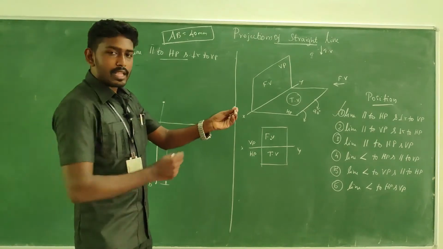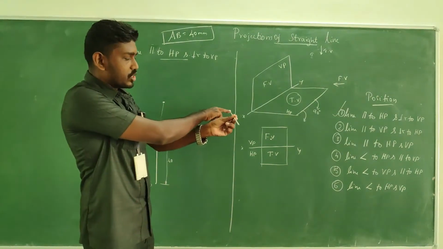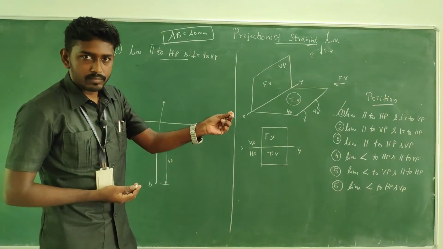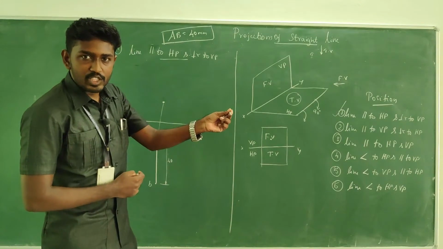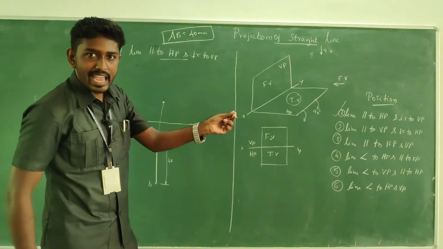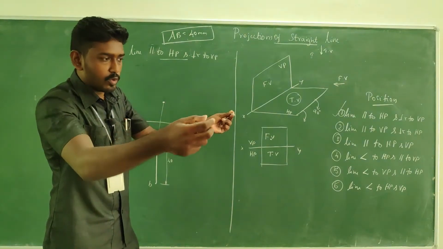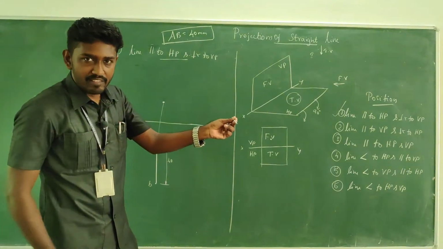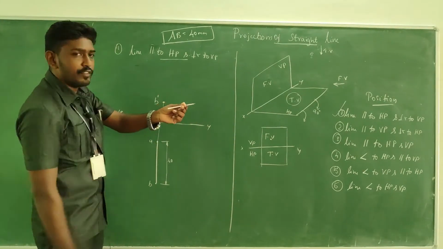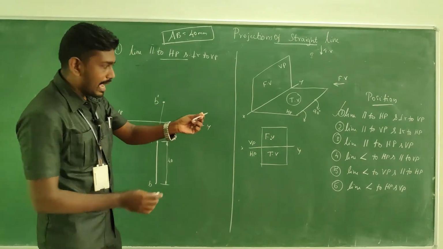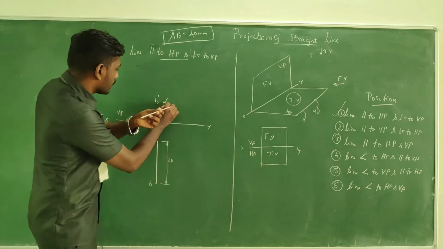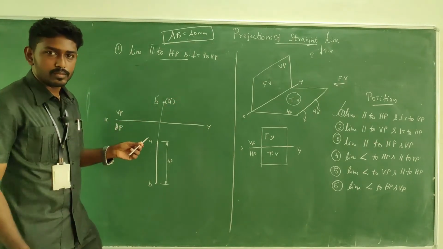Okay. So listen, this is the important part. I have taken this as A and this as B. And when you are giving the notation, which end is visible to you? The B end is visible, A end is invisible, right? So from this view, front view, B end is visible, A end is invisible. So take the B end like this. Since it is a front view, you have to make a dash, and since the A end is just behind the B, you have to capture it inside the bracket like this.